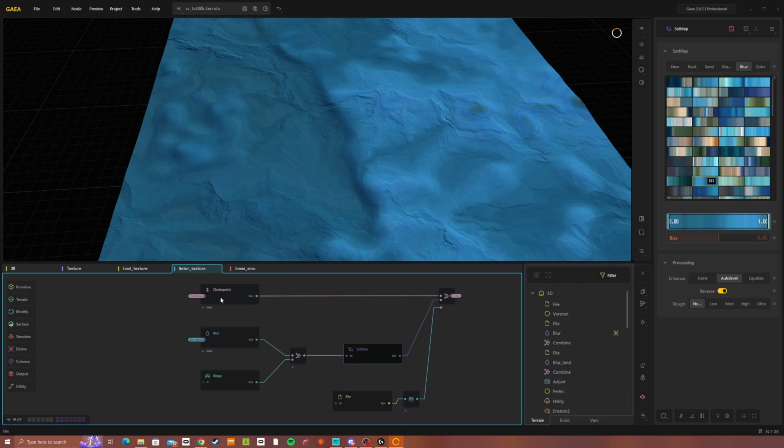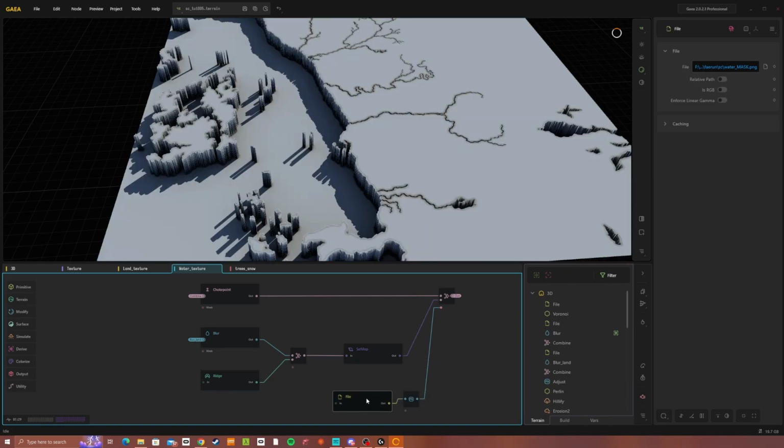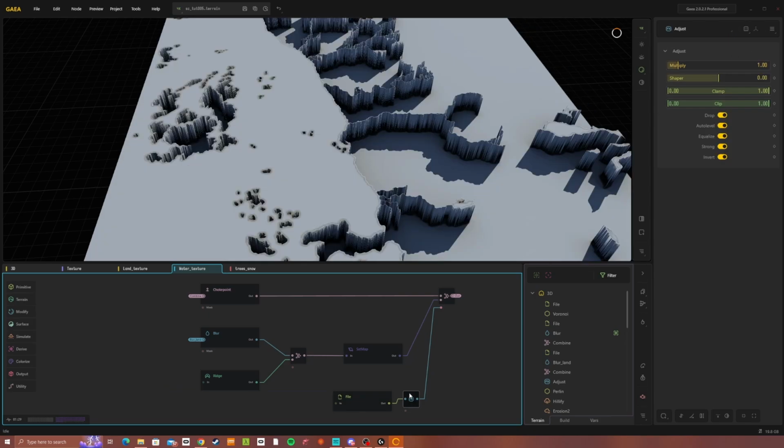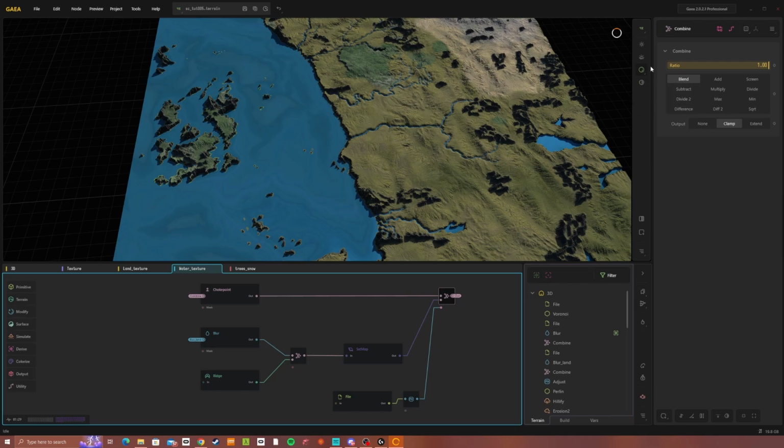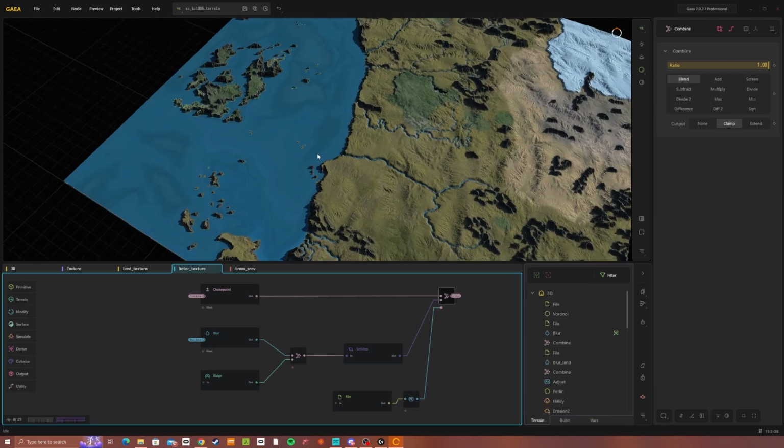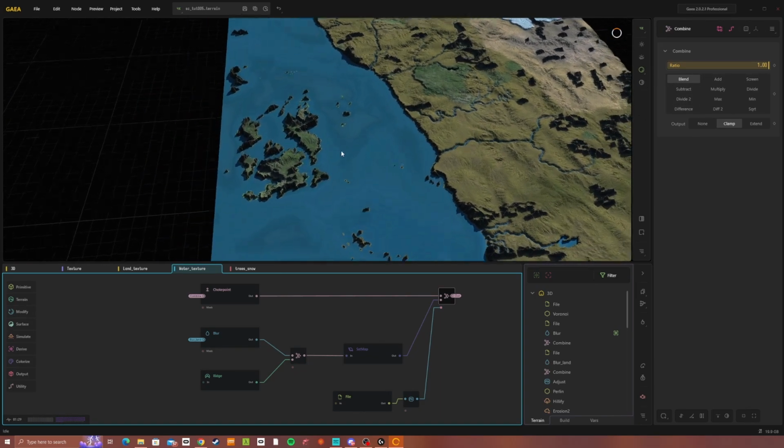So we've got our choke point here, which is just taking the output color from the previous tab, and we're combining and using the mask that we made in Photoshop, the water mask. I've added an adjust node to just basically turn all these options on. So we just want it inverted and then used as a hard mask. When you set this to a blend and a ratio of 1, we can now see here that we've got